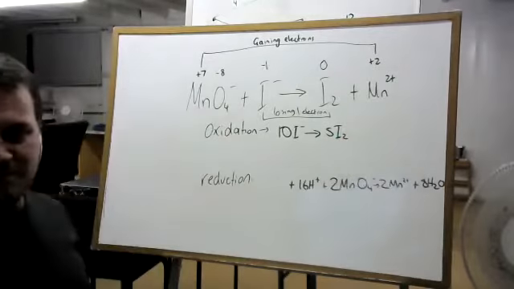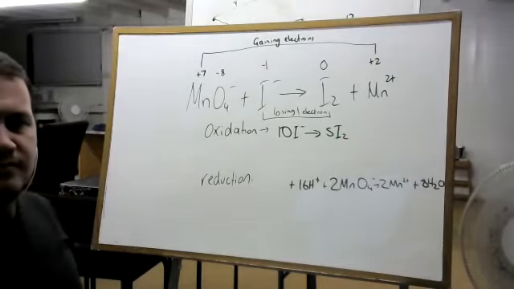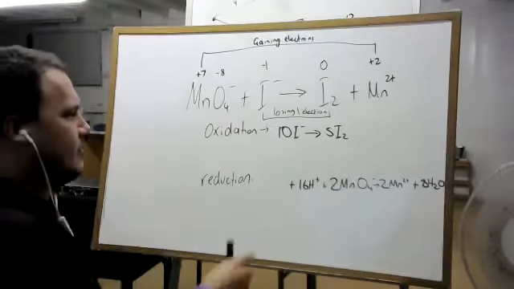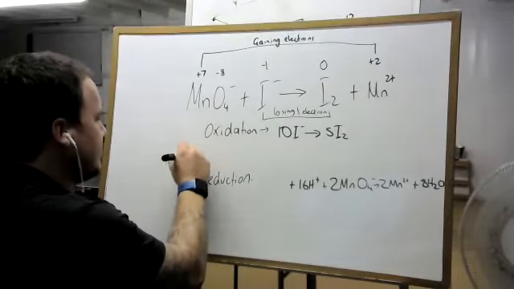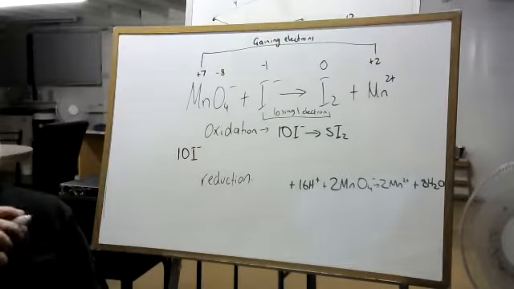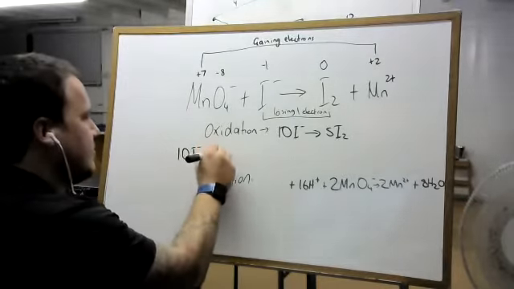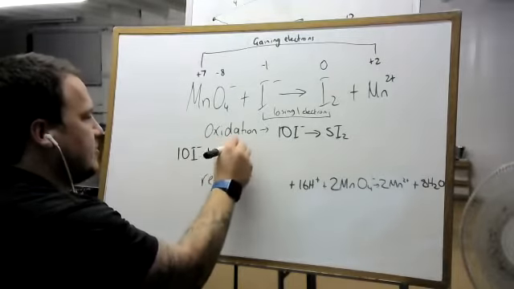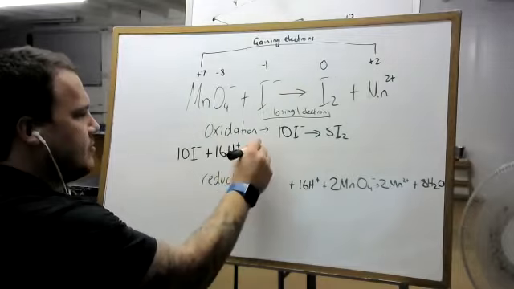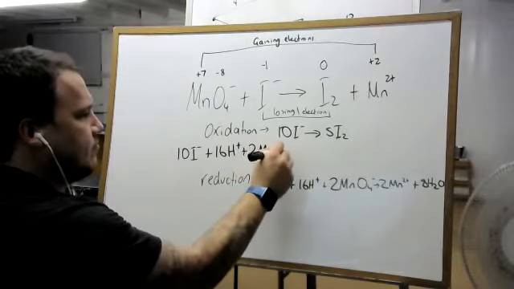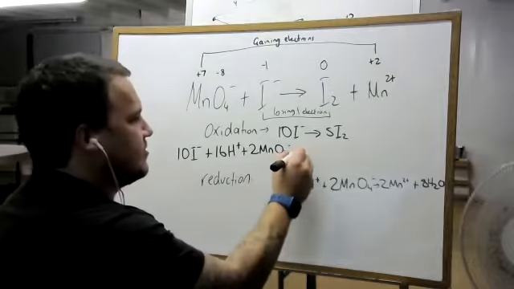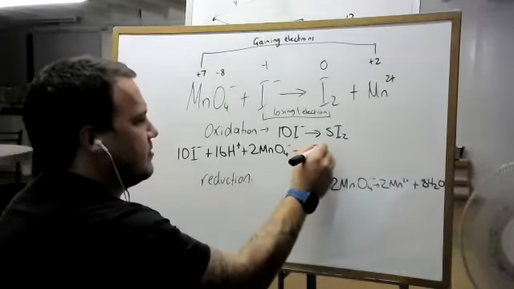So we're going to put this reaction back together. We start with what's being oxidized, 10I minus, 16H plus, and we've got our